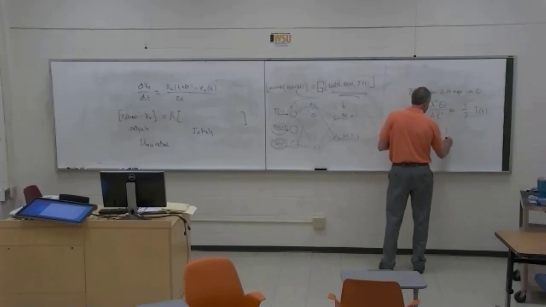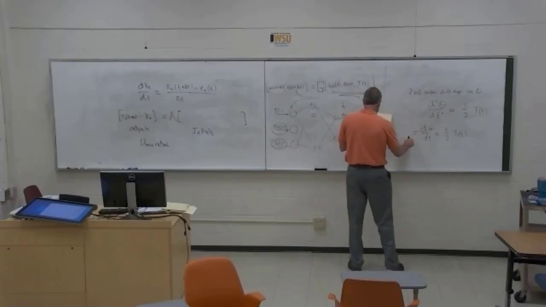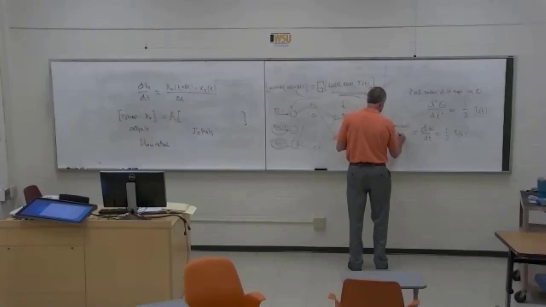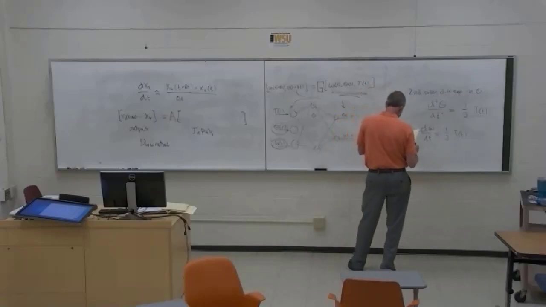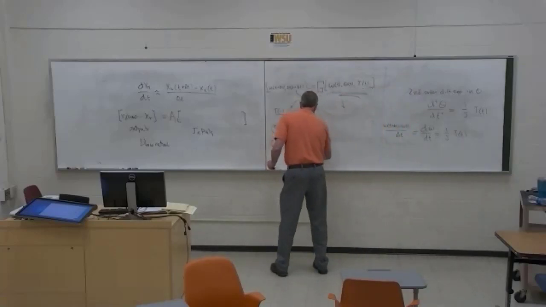We could still write this like this, and then we difference this. But then we would difference the omegas. We'd use the equation for